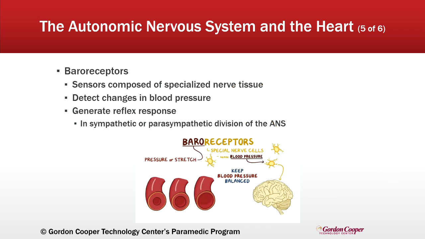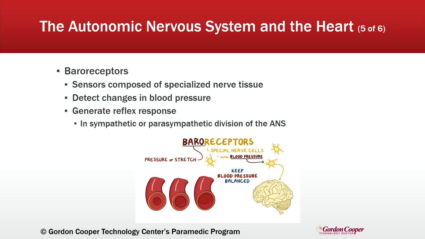Now let's dive into some baroreceptors. So these are the body's built-in sensors that help keep our blood pressure in check. These specialized nerve tissues play an important role in how our body responds to changes in blood pressure. Baroreceptors are often referred to as pressoreceptors because they're sensitive to pressure changes in the blood vessels. You can find these sensors in key areas like the internal carotid arteries and the aortic arch. And these locations are critical because they monitor blood flow coming from the heart to the brain and the rest